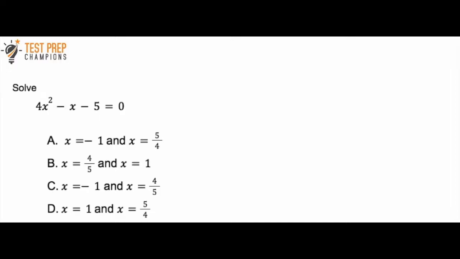Okay, so the question says 4x squared minus x minus 5 equals 0. So I'd like you to, if you'd like to, pause the video and try to figure this out, and then we'll go over it. Okay, hopefully you had a chance to pause the video and try this, but if not,